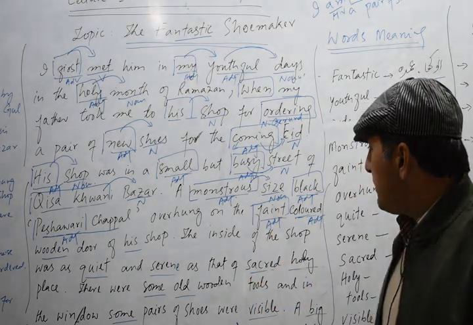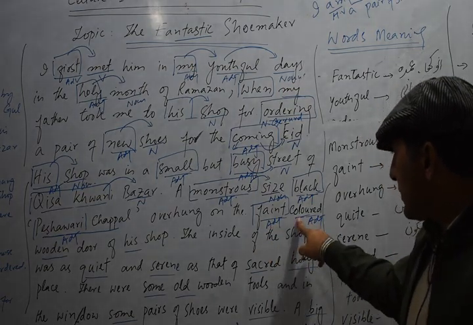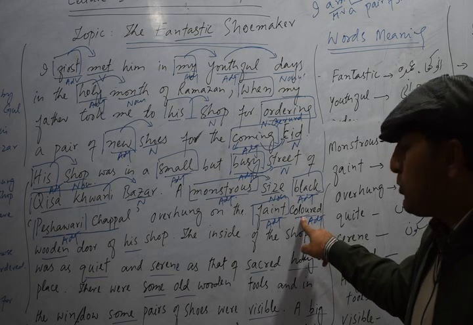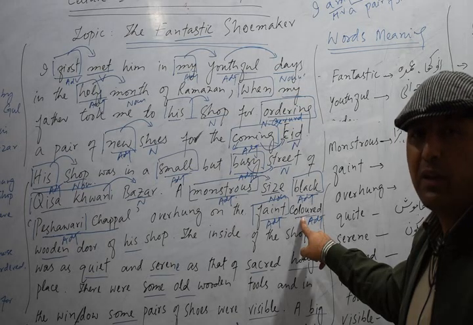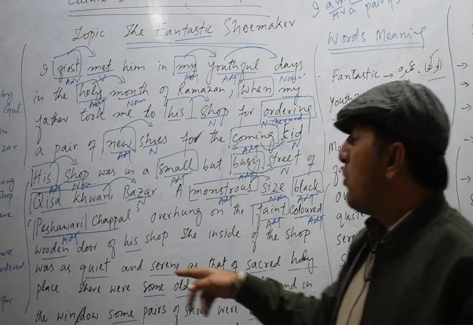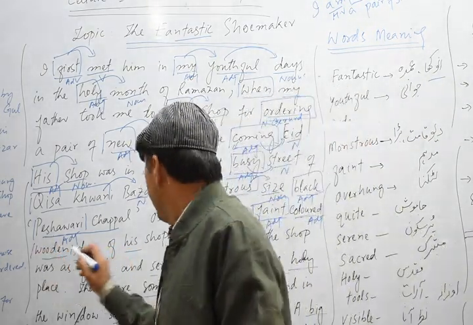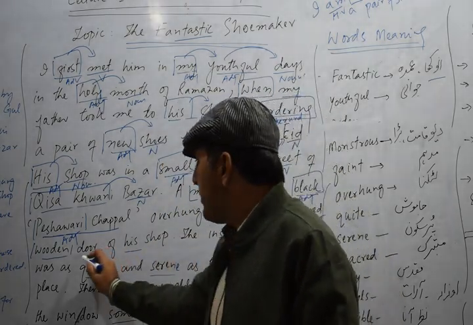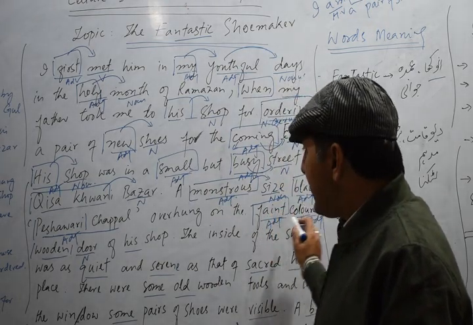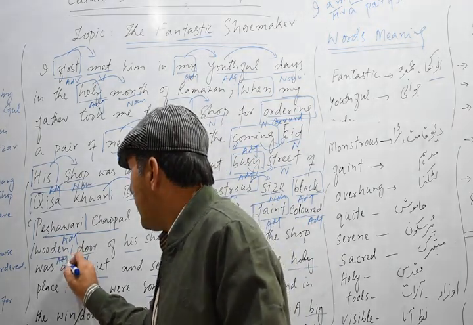So madam is an adjective, and colored is also working as an adjective. Color is basically a noun, but here it is used as a past participle, the third form of the verb. Colored, so third form, is working as an adjective. Wooden, made of wood. Okay, these three words, faint, colored, wooden, tell us about the noun door. So these three words are also adjectives.